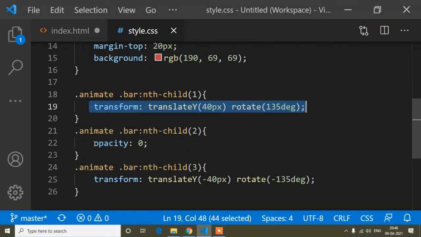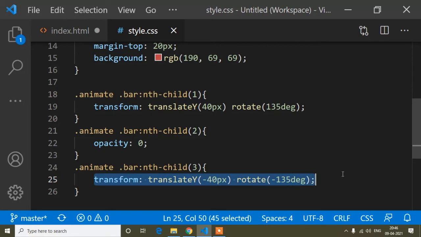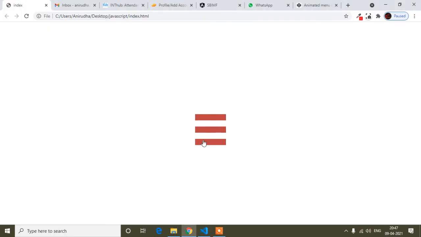So that's why opacity 0, and here I have added minus for moving the last line from bottom to top, and this one from top to bottom.